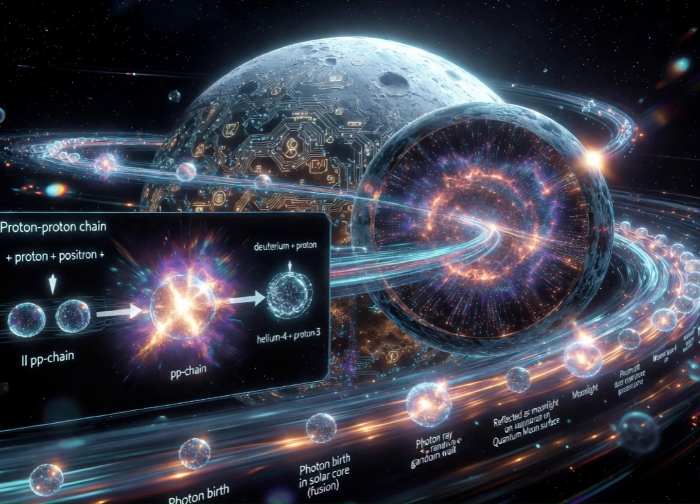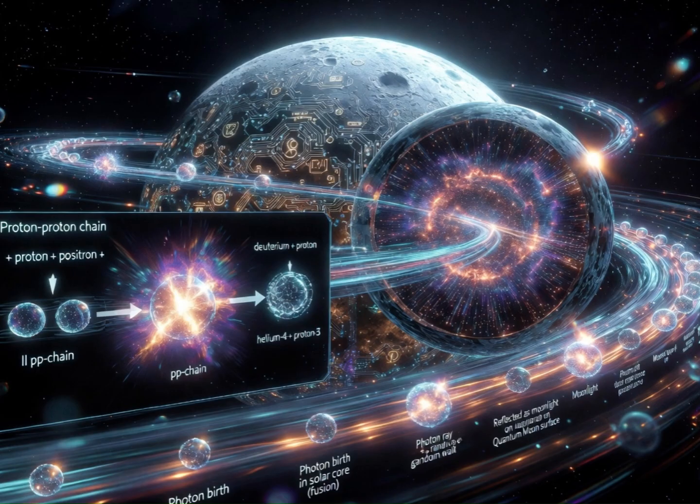The proton-proton chain is the nuclear reaction sequence that powers the sun. It begins when two protons tunnel through the Coulomb barrier and fuse. One of them undergoes beta plus decay. A proton converts to a neutron by emitting a positron and a neutrino. This creates a deuterium nucleus. A second proton then fuses with the deuterium to create helium-3. Finally, two helium-3 nuclei fuse to create helium-4 and release two protons. The net result, 4 hydrogen nuclei become one helium-4 nucleus, and the tiny difference in mass is released as energy,